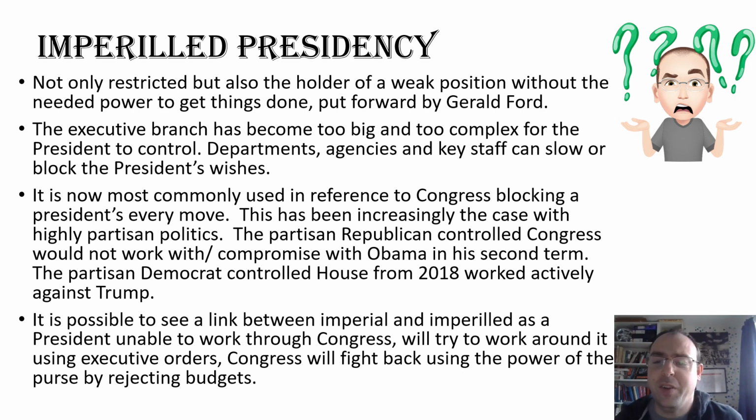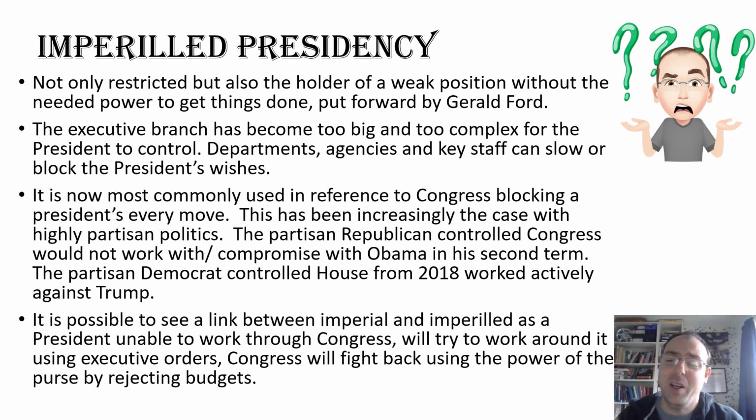Now, the flip side of the Imperial Presidency is what's known as the Imperiled Presidency, which is the idea that the presidency is really under threat. Not only is it restricted, and we see a lot of that, how much it's restricted by the Constitution and by Congress and by the Supreme Court, but essentially the president is holder of a weak position, and they don't really have the power to get things done. And this was put forward as an idea about Gerald Ford and